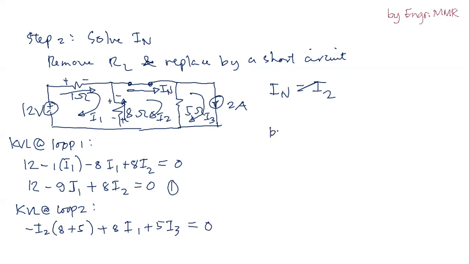But at loop 3, I3 is simply equal to 2 amperes. Why? Because I3 is the only loop current that is passing through the 2 ampere source, and it has the same direction as the current. So I3 is equal to 2 amperes. Then